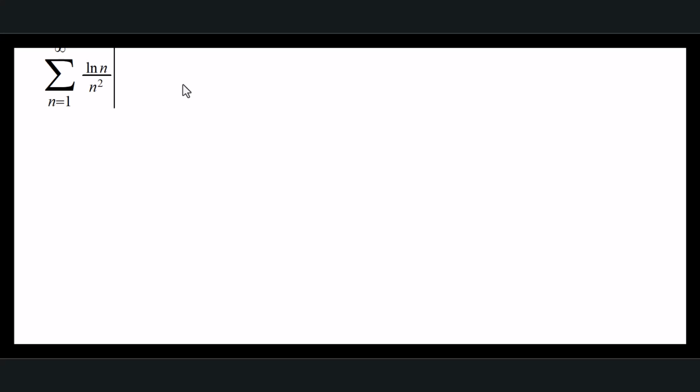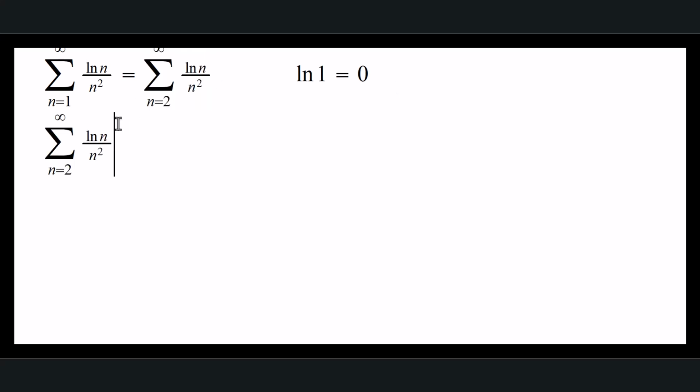So we are going to test this series for convergence, and notice this in here. Actually, this is the same even if we start it at 2, because natural log of 1 is 0. Okay, so if we look at the series, we know this by the p-series property that